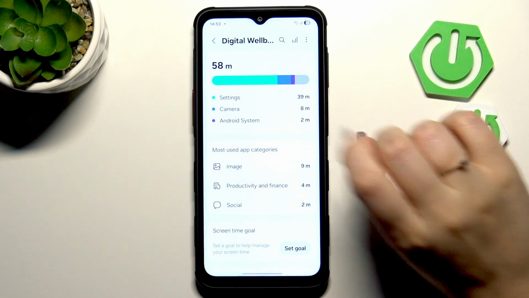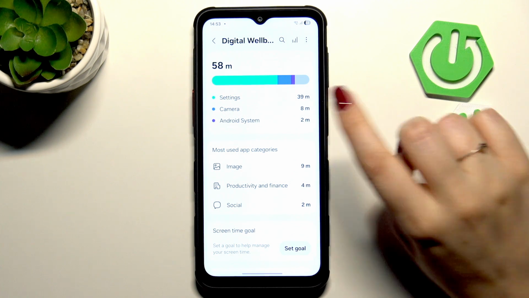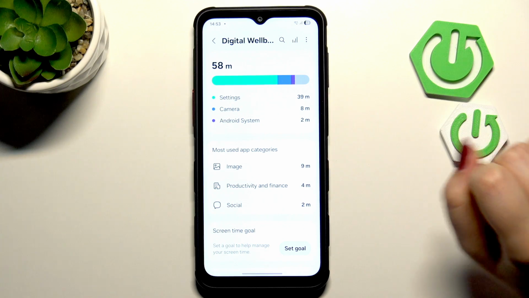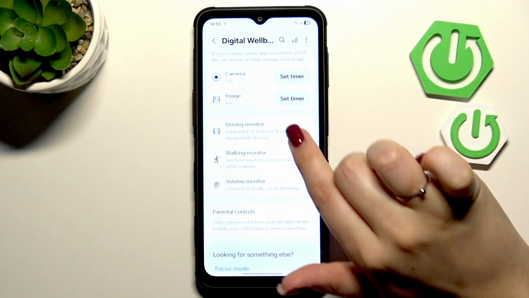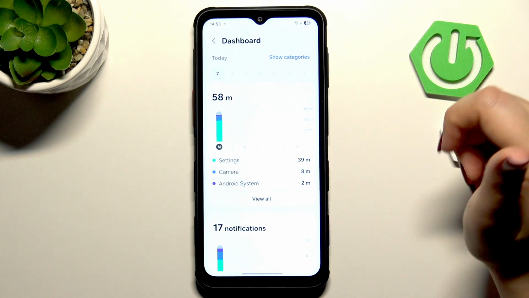And as you can see here, we've got the graph, which will show us for how long we've been using this device today. In my case, it is 58 minutes, and most of the time I've spent on the settings and then the camera. So basically, in order to check some further details, you can simply tap on this graph